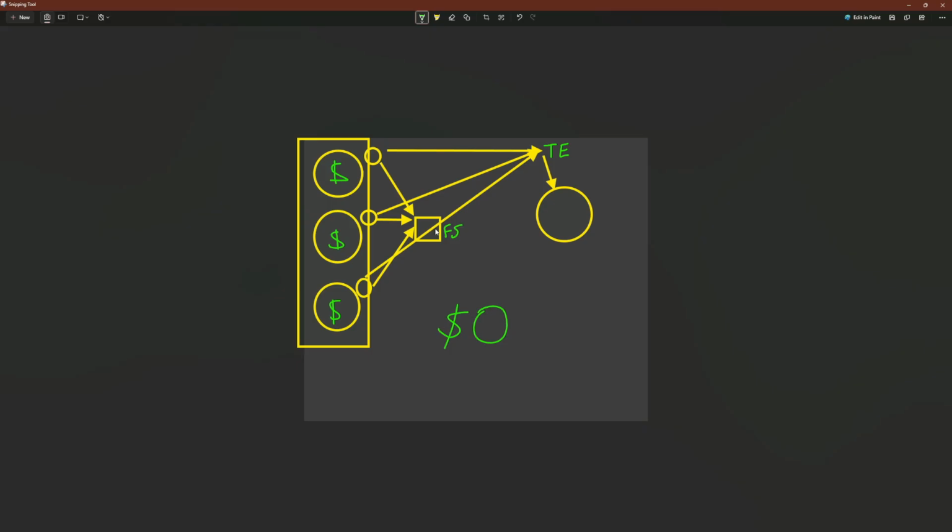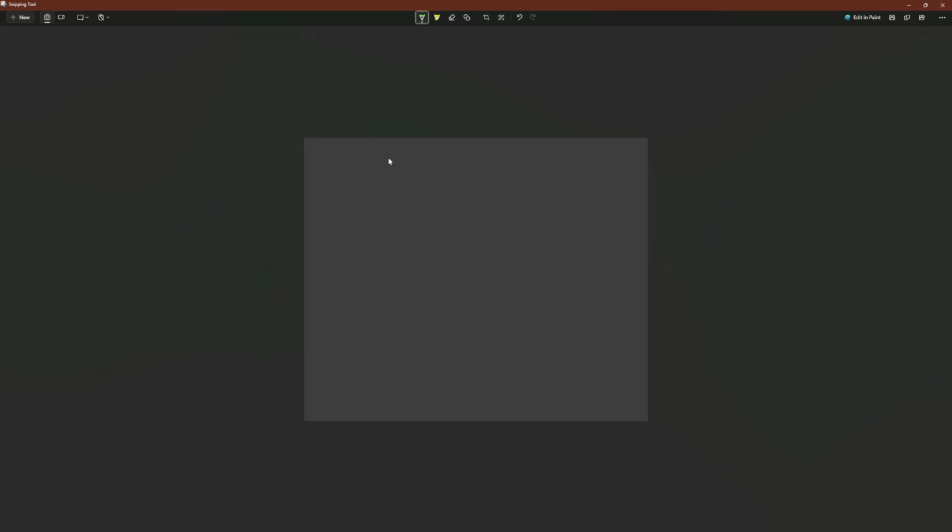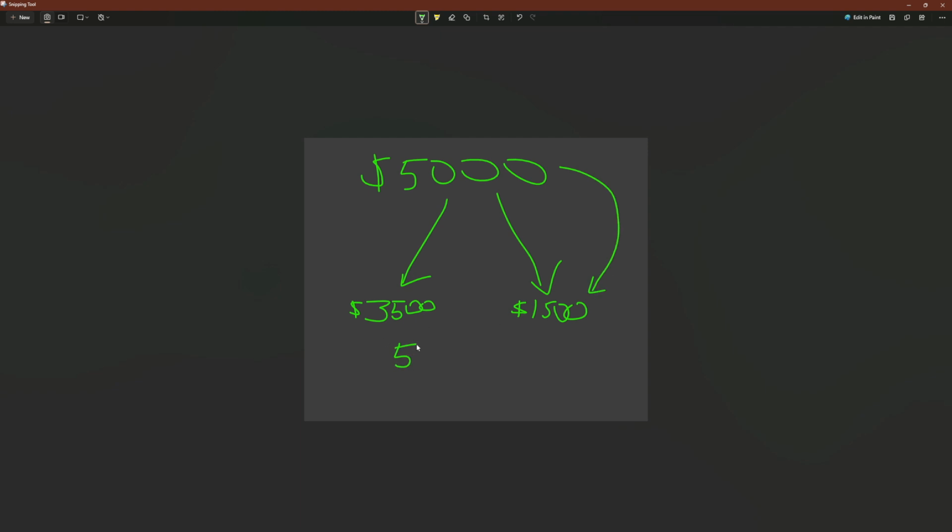So it's the making a profit part that messes people up. So we can offset those profits to an extent. Let's say your total value, right? Let's say you started the year with 5,000, right? And let's say you brought that up to 10,000 total, right? Let's say 3,500 of that is cash. That's not a 0, right? And then 1,500 is in the form of free shares. Now, personally, I feel like that'd be backwards. You'd probably want most of that to be reinvested and little of it to be in cash. But in order to get from 5,000 up to 10,000, you've got a $5,000 profit that you need to mitigate.